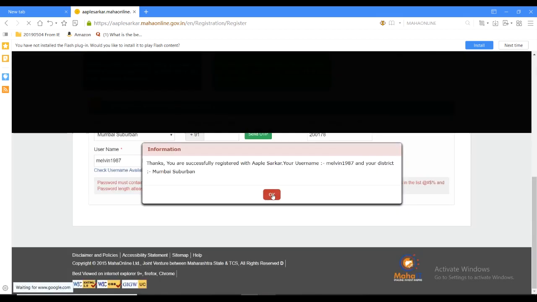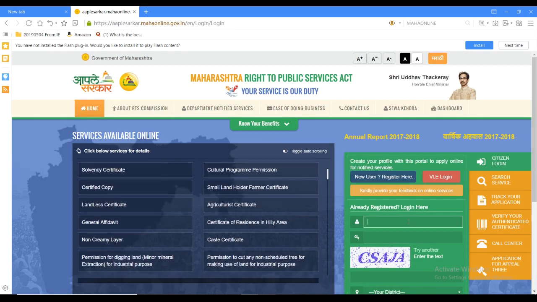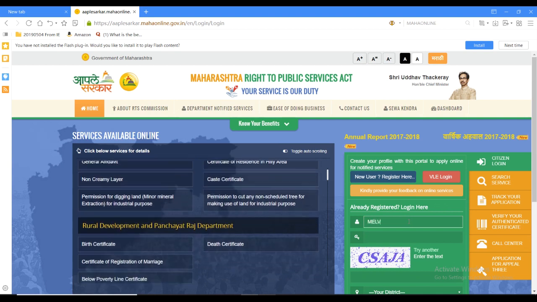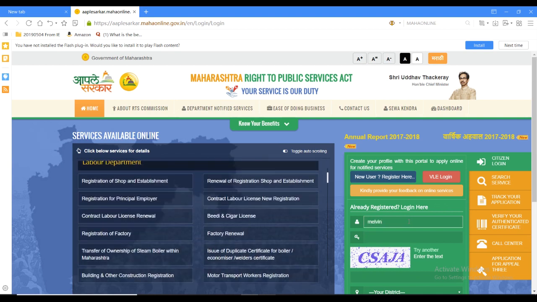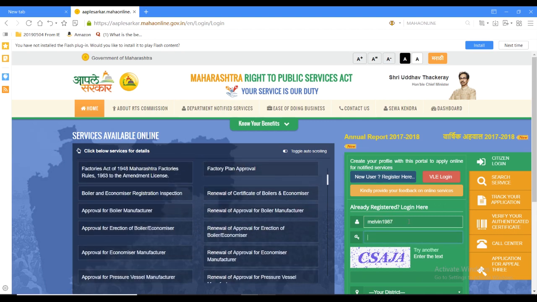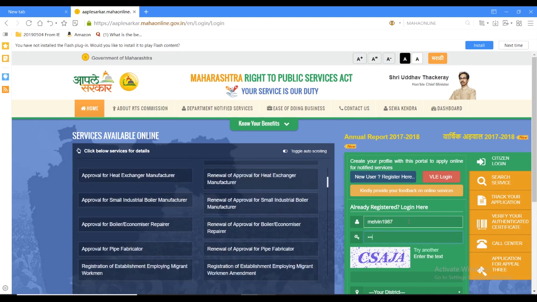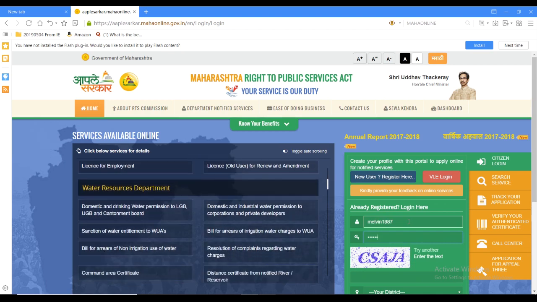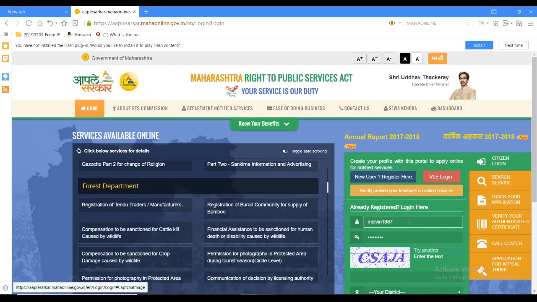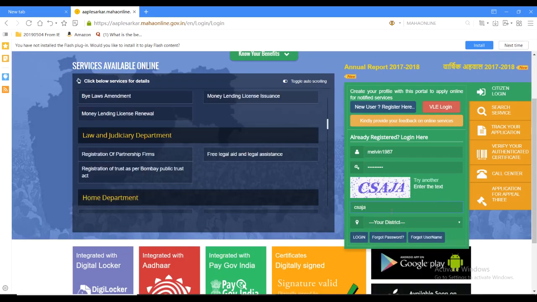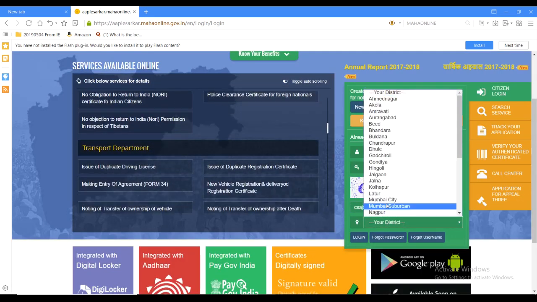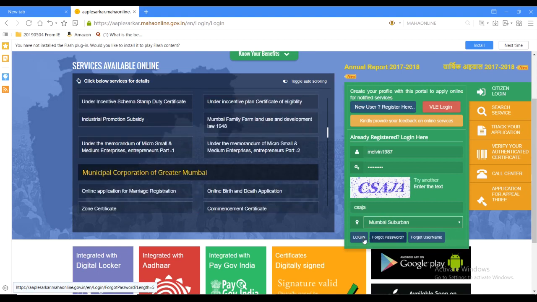You will be notified like this. Now log in again with your username, all small letters, your password, the captcha should be small letters, your district, and click on login.